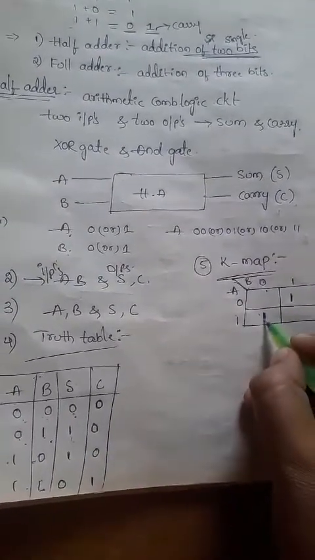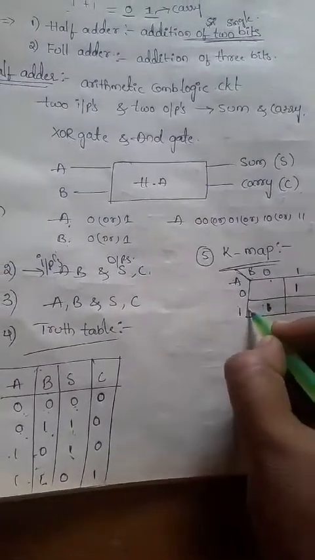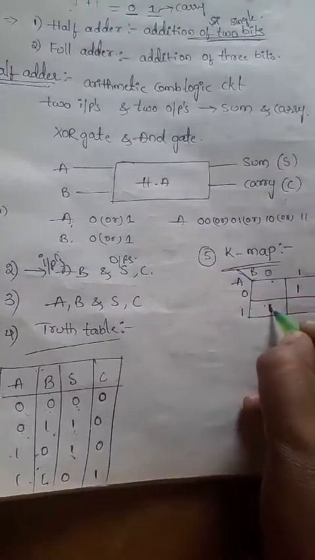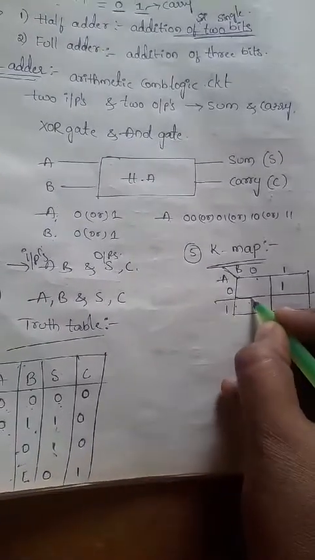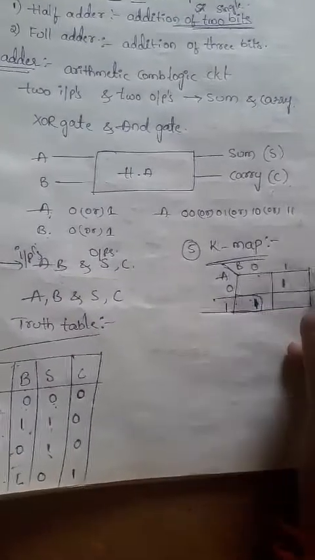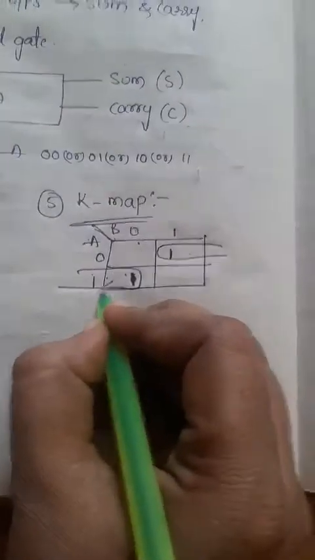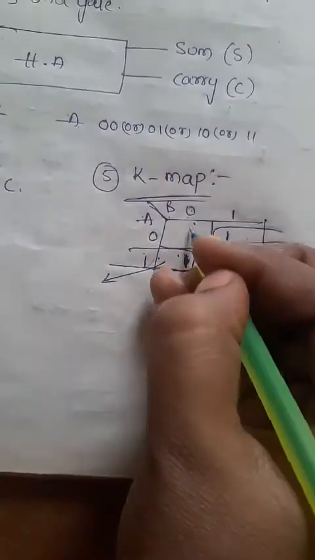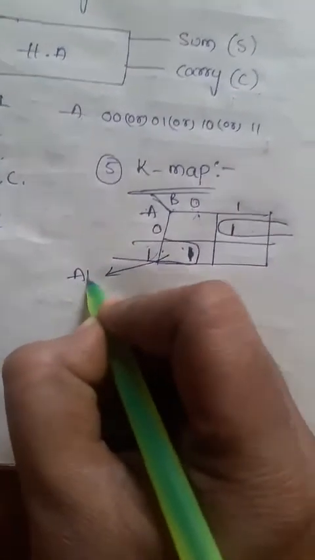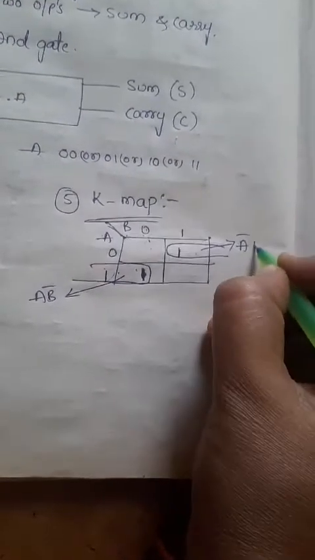Okay, the next one is the 1 0 case. A is 1 here and B is 0. So this is also possible. Now we get the sum column like this. Here there is no pairing, because these are not adjacent cells, so you can take them as single cells. The prime implicant for this cell, the 1 0 case, is A will be 1 and B will be 0. And this possibility becomes A is 0 and B is 1.